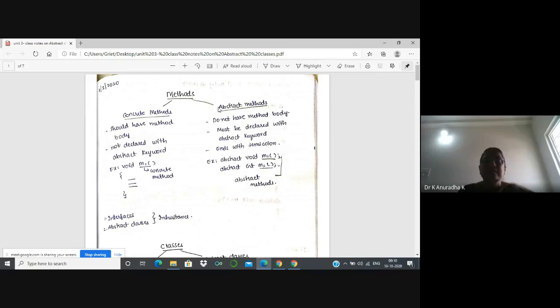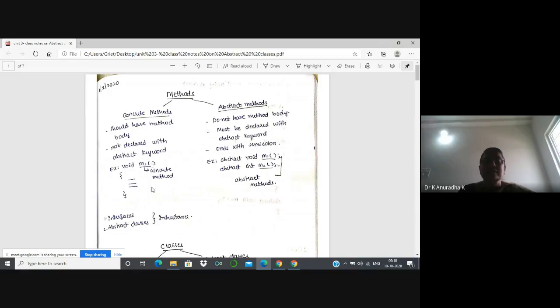Now I will explain the differences between concrete methods and abstract methods. Concrete methods means normal methods. You already know how to write methods. What is the syntax for a method? The syntax is return type, method name and parentheses.